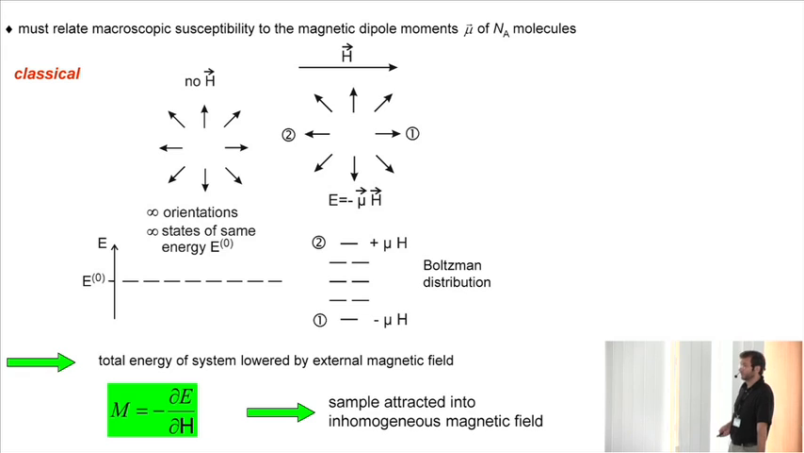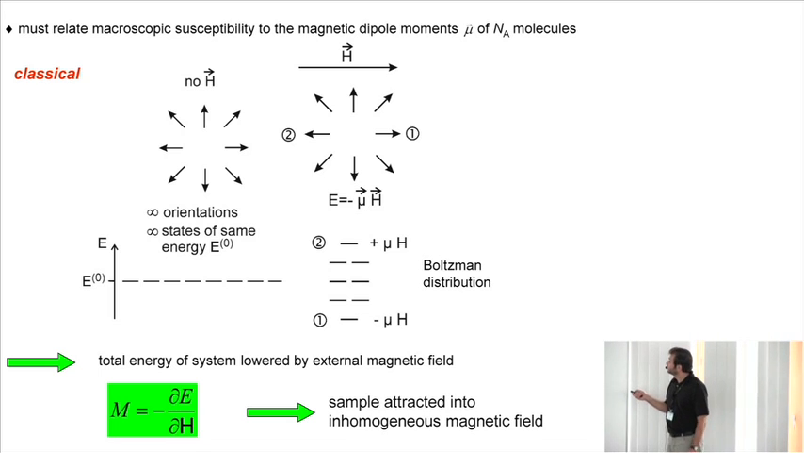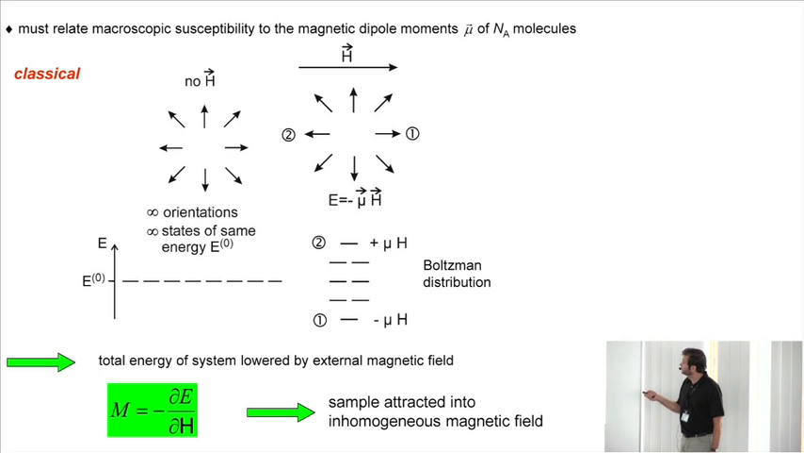And if we now switch on the external magnetic field, this is a very classical picture, and this is the classical energy of a magnetic dipole moment in the magnetic field. It's minus mu vector times H vector. This is a scalar product, so if you want to calculate a real number, because the energy is not a vector, it's a scalar, we have the magnitude of mu, the magnitude of H, times the cosine of the angle